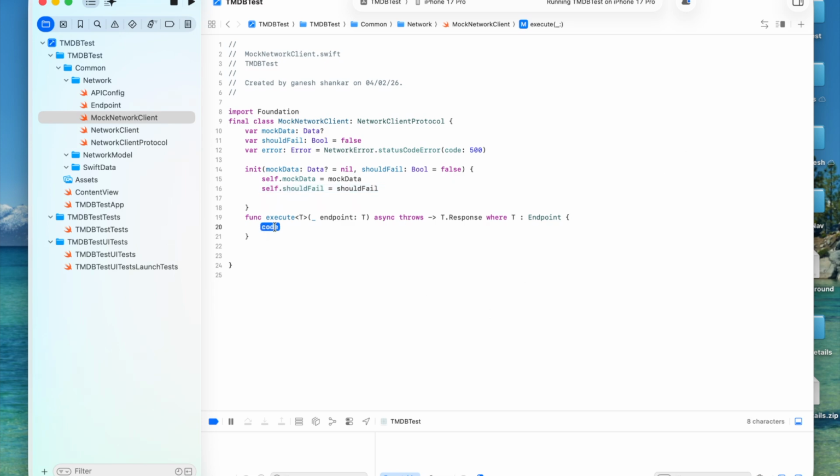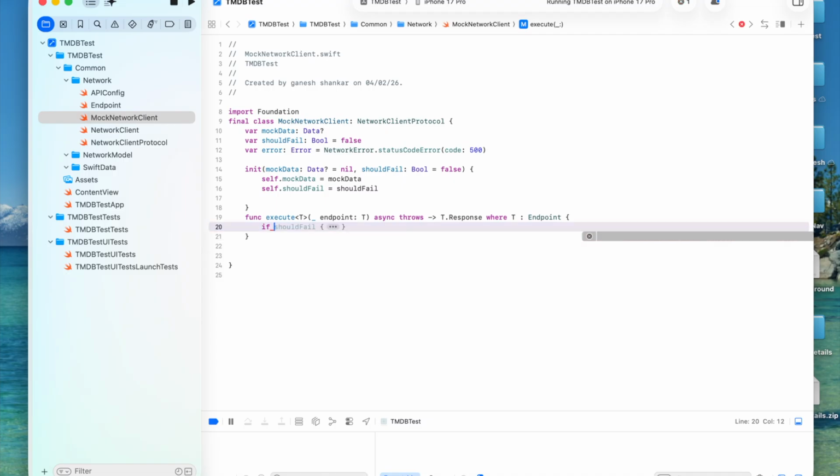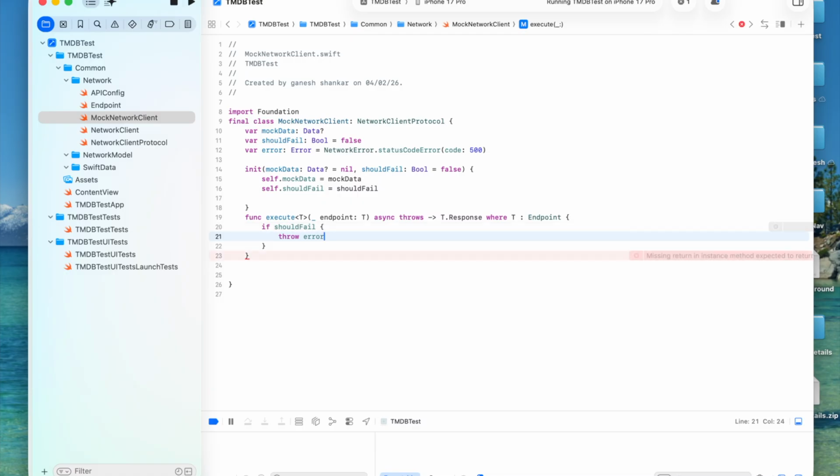Now, if there is a failure, if the mock data is failing, you are not able to hit the API successfully, then you will have if fail, then you are just returning the error. If everything went well, you hit the API successfully,